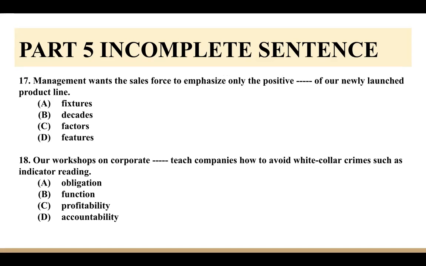Management wants the sales force to emphasize only the positive of a new launch product line มีคำว่า features, decades, factors แล้วก็ feature ใช้คำศัพท์ดีๆ ครับ features เป็น noun, decade คือ 10 ปี เกี่ยวไหม, factors คือปัจจัย แล้วก็ feature คือสมมติเราจะซื้อ iPhone 14 ปล่อยออกมาแล้ว เพราะฉะนั้นเราต้องดูที่อะไรครับ features คำตอบลงไปที่ A ครับ ทุกคนพิมพ์ตามเลย ใครไม่ทันให้ดูแชทแล้วพิมพ์ตามเพื่อน ไม่ยาก ไปที่ 14 ครับ our workshop on corporate teach companies how to avoid white collar crimes เราต้องเช็คคำศัพท์ก่อน white collar แปลว่าพนักงานบริษัท พนักงานออฟฟิศ